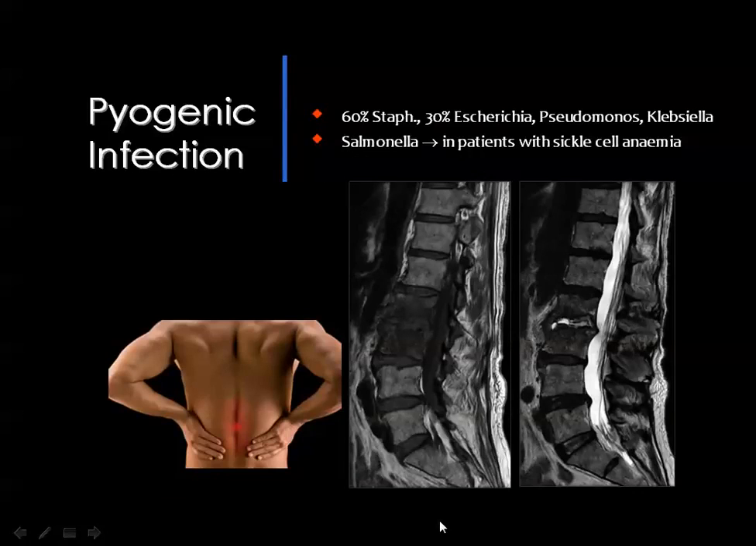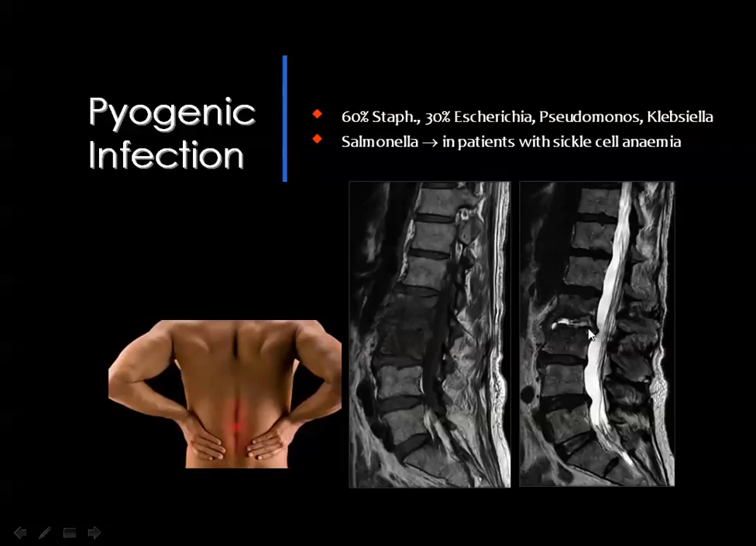Then this is the discitis, osteomyelitis, or pyogenic infection of the lumbar spine at the level of L2-3, with involvement of the disc, erosion of the vertebral end plates, and diffuse bone marrow edema of the vertebra above and the vertebra below. If you look carefully at the disc in the T2 weighted images, you can appreciate that there is